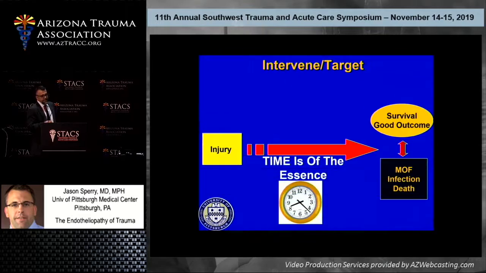So how would we intervene with this target? I would suggest the model that we would use: injury, survival, good outcome, MOF, infection or death. Early intervention, as I told you about, is very important. So the ways to do it are to reduce the shock and protect the endothelium. Do this up front. This could be with resuscitation. And plasma may be one mechanism, but early resuscitation, whole blood transfusion, a lot of things to reduce shock and